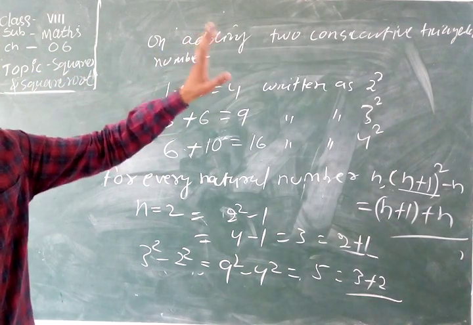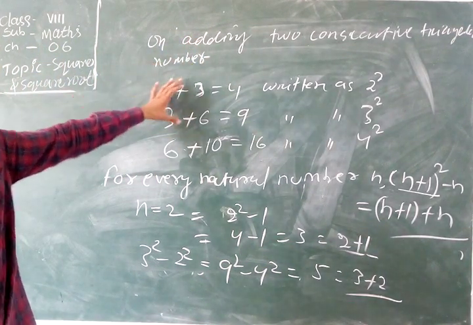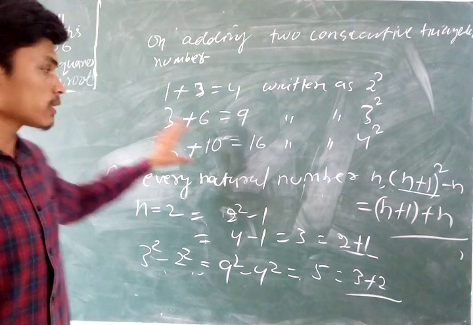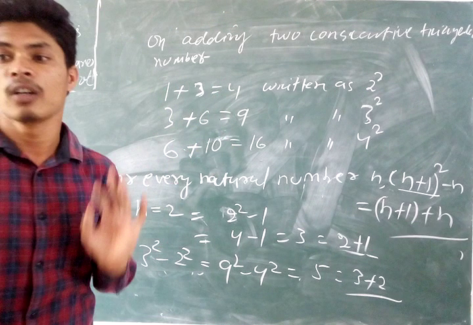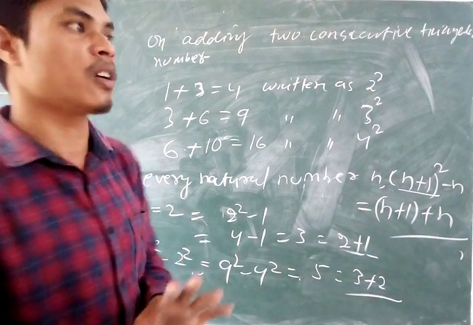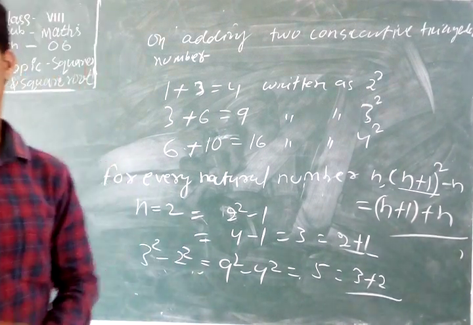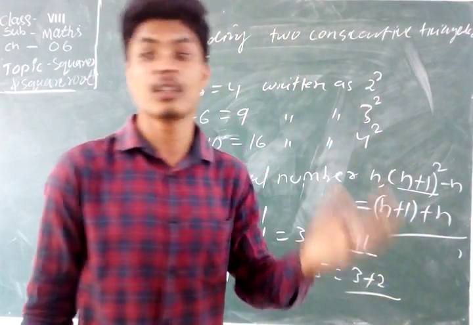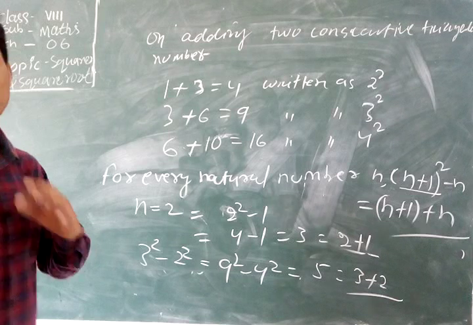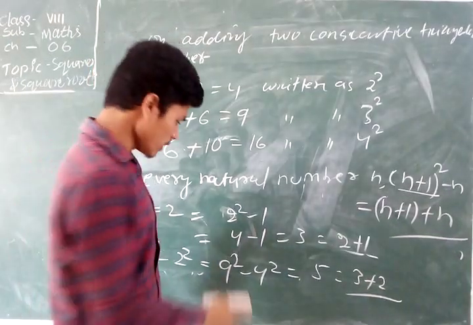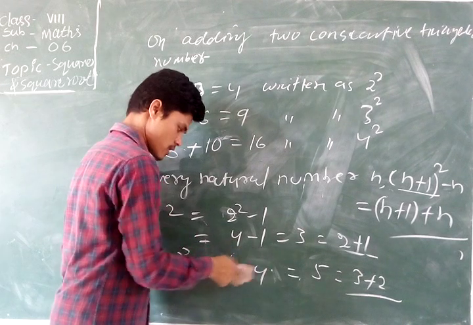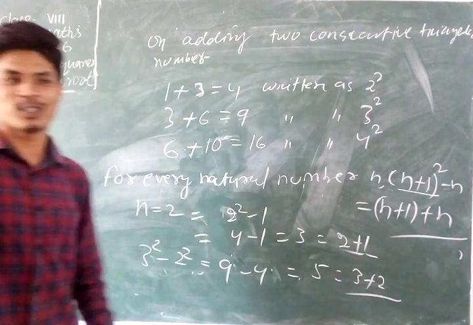Already we learned it. Now we can also write the square as the product of two numbers, written as 1 into 3, then 1 minus 2. Now we discuss the Pythagoras triplets. What are Pythagoras triples? If one number is given, then we can easily find the other two numbers, and the sum is a square. By mistake I wrote the square; 3 square is 9. Here 5 plus 4 equal to 3 plus 2.